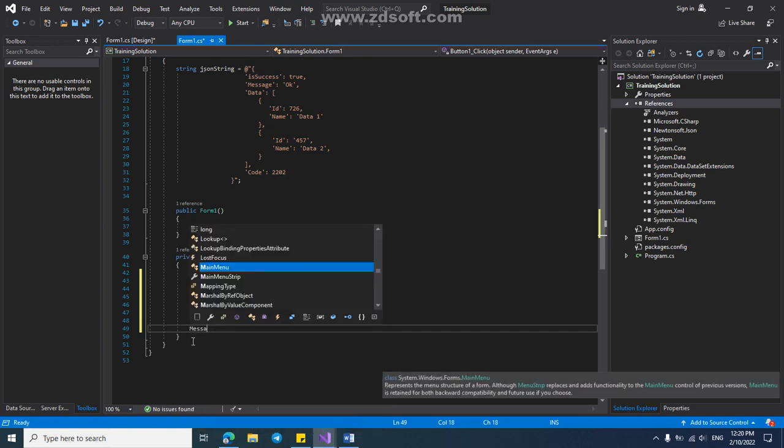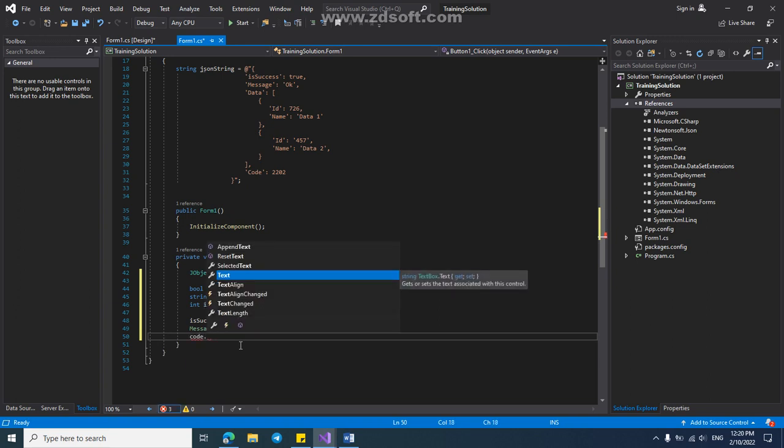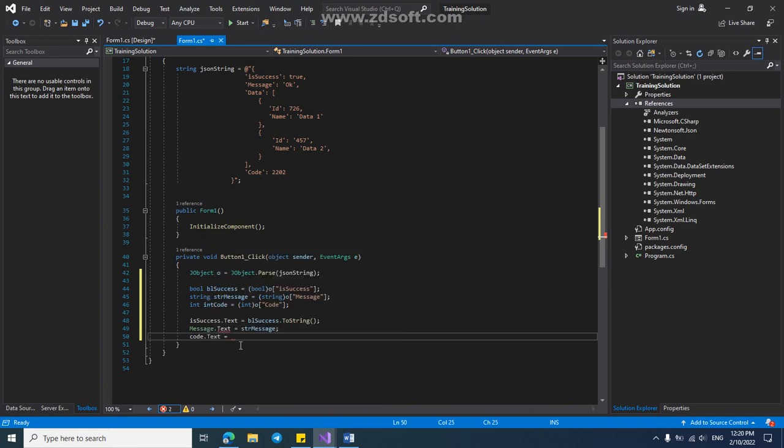Message textbox.Text equals str message. Code.Text equals,